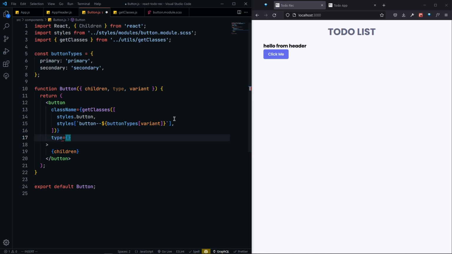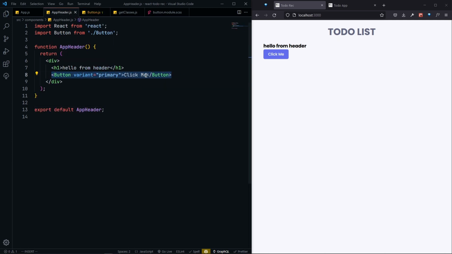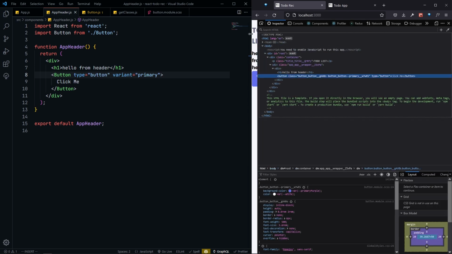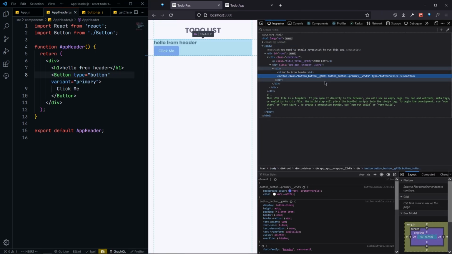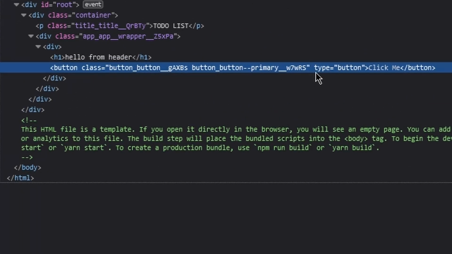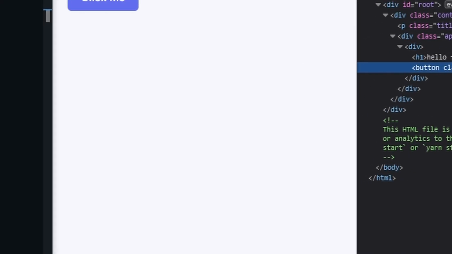So here I will just say that if our type is submit, we will return submit. If it is not submit, then we will return button. So if I save, in our header where we are calling this button, right now we can specify our type here. So type, let's say button. By default it is button, and if I go to my inspect, I should see it. So now here you can see that the class is here and the type is button. And also now if I say submit,